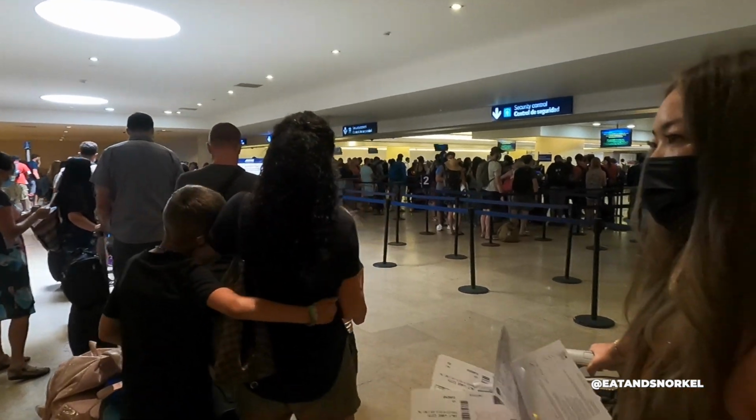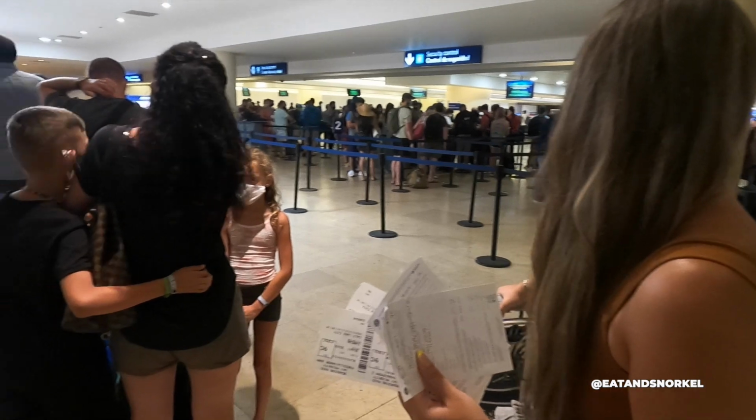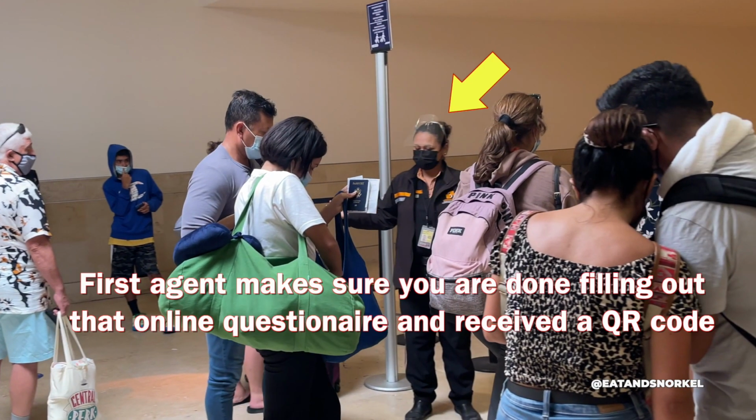But you might see a lot of people standing around looking confused, only because they're not really asking questions, and sometimes the gate agent actually doesn't speak English, so people are just trying to ask each other on what to do. Now, after you fill this out, the first gate agent will now let you through,